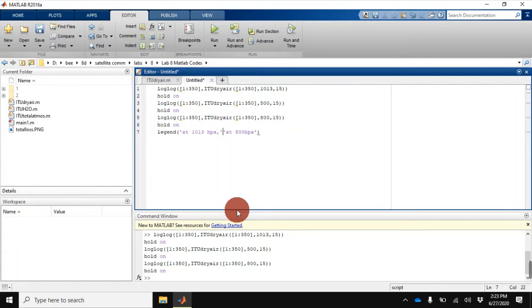Okay, 500 HPa. I will copy this line here.